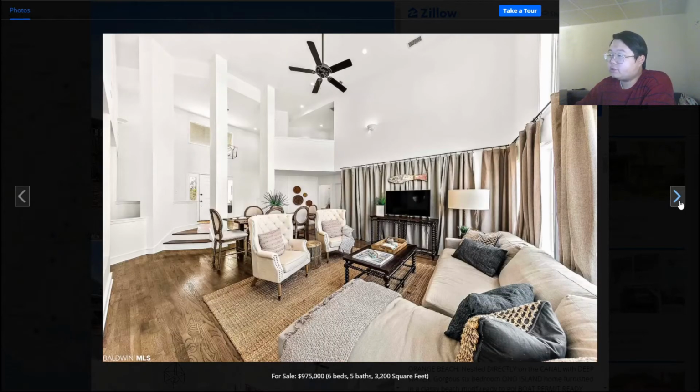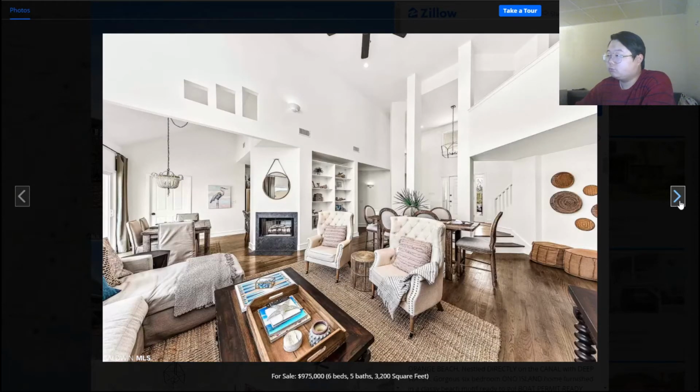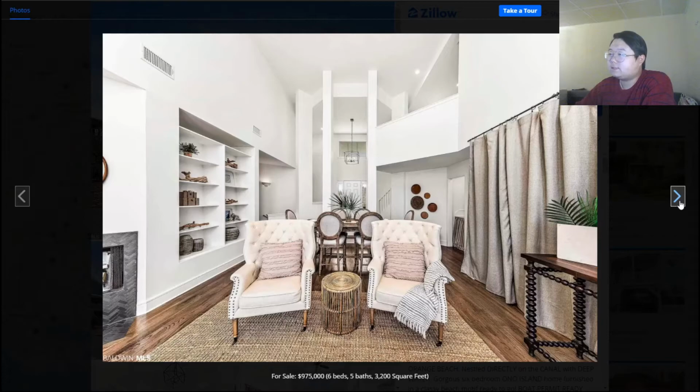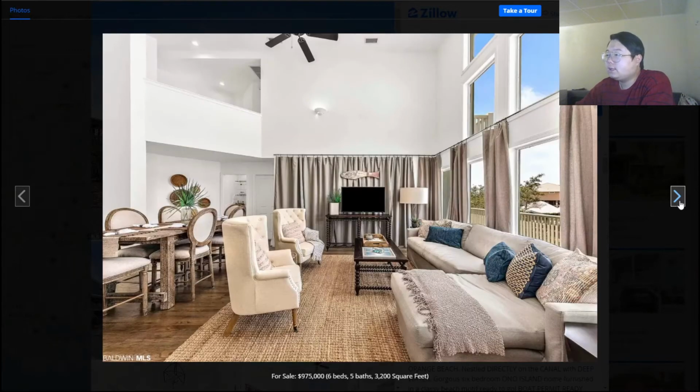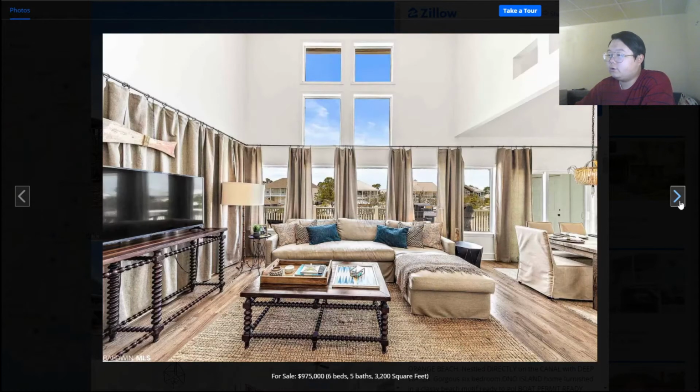Look at these pictures. This looks real nice actually. You got a lot of open space. It's very bright, it appears. A lot of space for your family to watch TV. This TV looks kind of weird. I've never seen such a stretchy TV, but